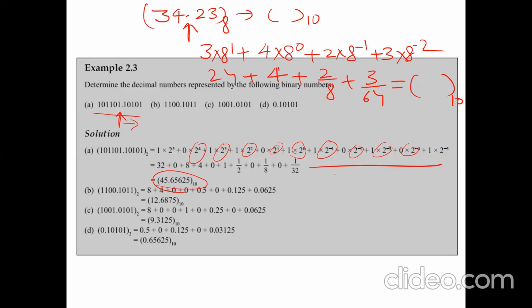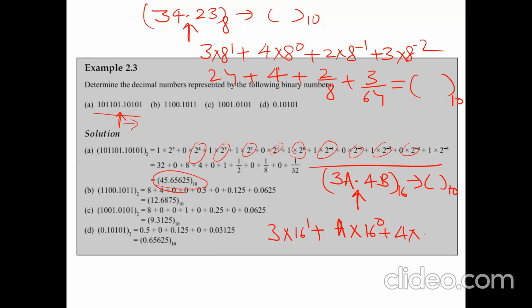Another case is the hexadecimal number system. In it we can have 3A.4B. This is a hexadecimal number. We want to convert it into the decimal number system. We have done it in the octal number system, and we do it in a similar fashion. Remember this arrow: A multiplied by base raised to power 0 plus 3 into base raised to power 1 plus 4 into base raised to power minus 1 plus B into base raised to minus 2. Okay, now we'll solve it.